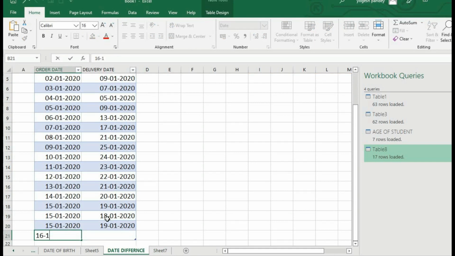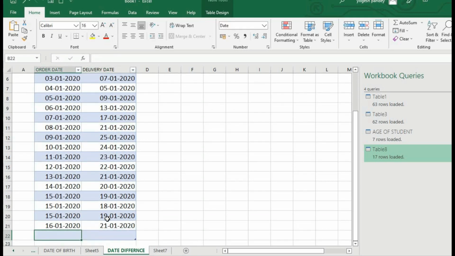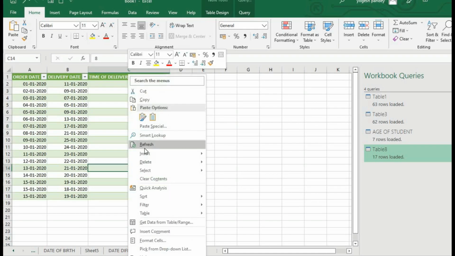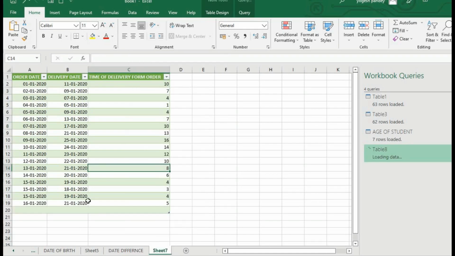I will take a date here, 2020, and here I will take 21/1/2020. Whatever changes we make here, if we do a refresh, that will be